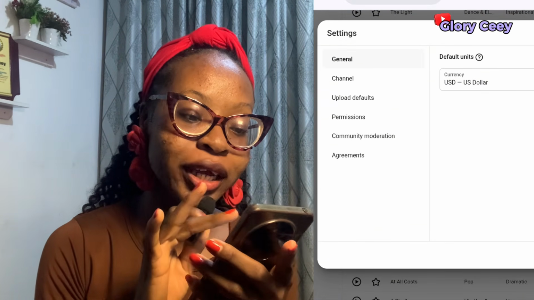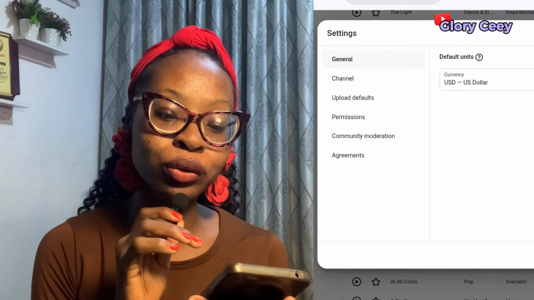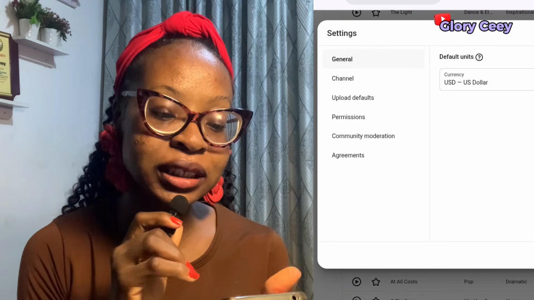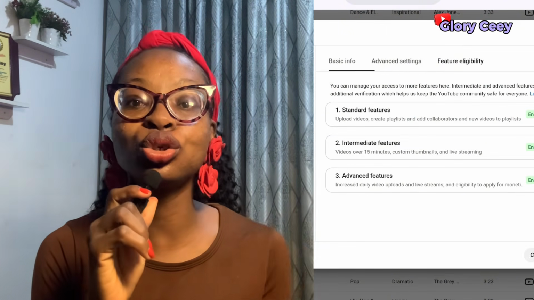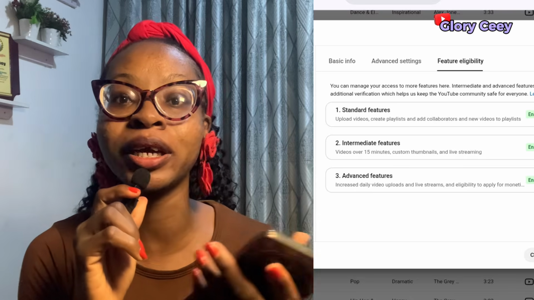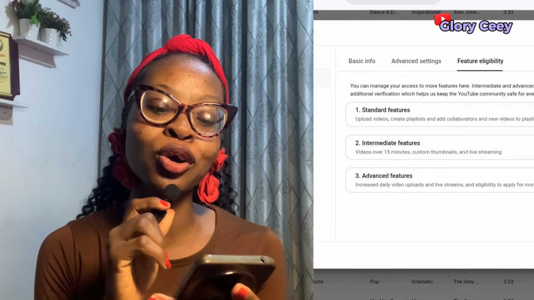Okay, go ahead to where you have feature eligibility. You can see here I have all three features enabled. You can see standard features, intermediate features, advanced features. Usually YouTube enables your standard features by default, okay, but you need to enable your intermediate features and your advanced